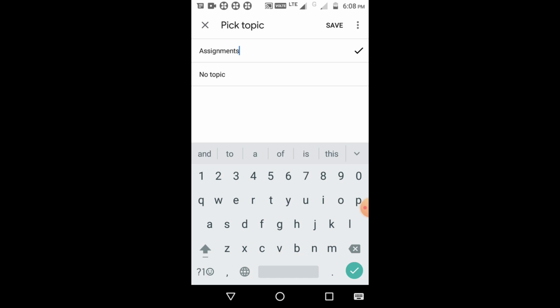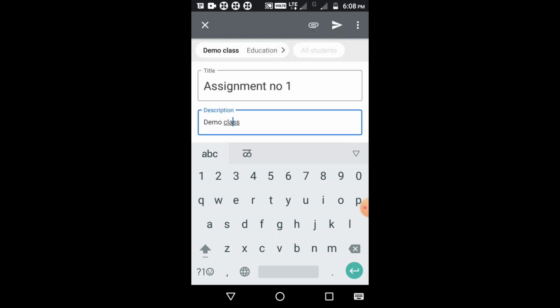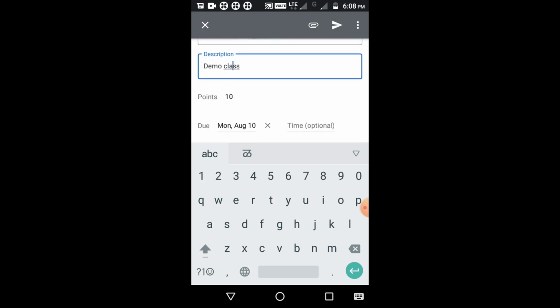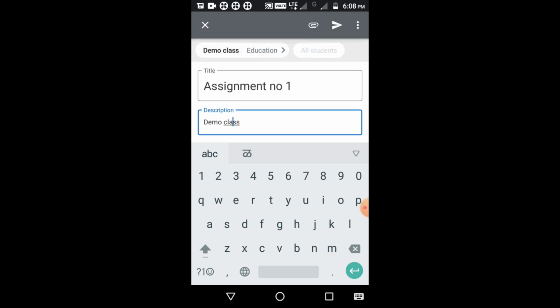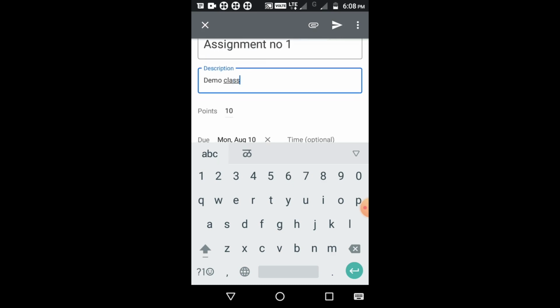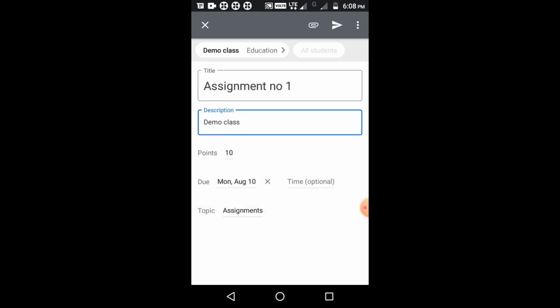So under this assignment topic, this assignment number 1 will get reflected. And after that, use the save option here. So this assignment number 1 will get saved under the heading assignments. Now if you have a PDF or any document which you want to assign as assignment number 1